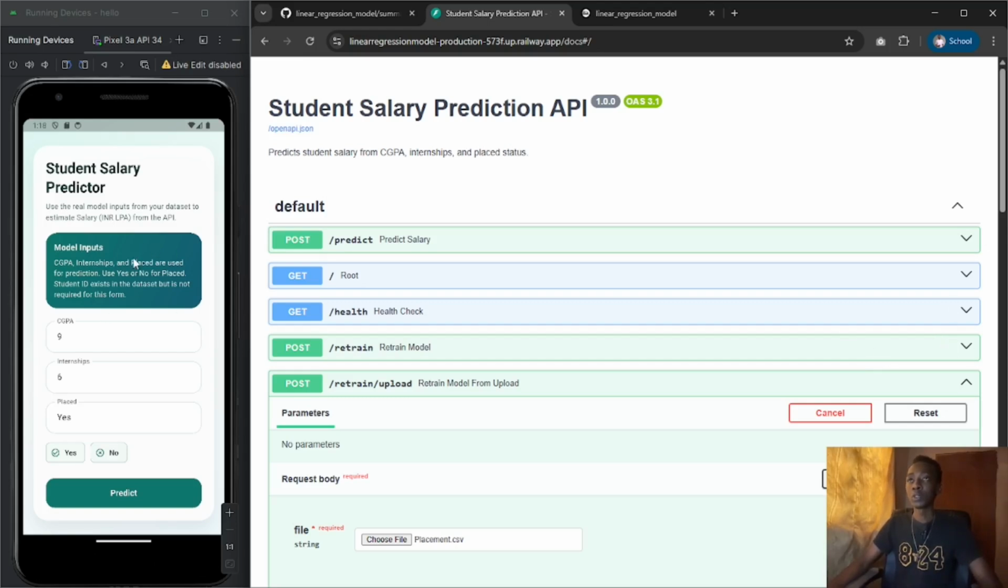This is an application created in Flutter, and I have created a FastAPI that will train my model, because it is a model I have created that will predict the salary based on the cumulative grade point average and also the internship. So my application, the way it works, if you come here to my application and I add